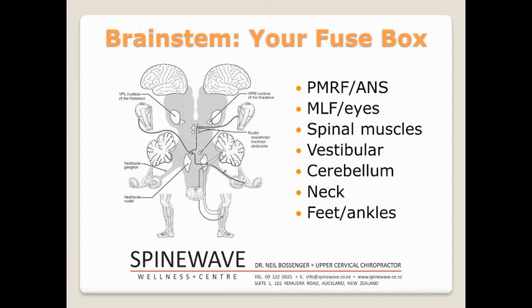Vestibular input means how information is coming from the ears into the brainstem to also help maintain balance and alignment. Then information from the cerebellum, which is this area here, the little brain, which is affected by alcohol, that controls balance and muscle coordination, also feeds back into the brainstem. And then neck, we mentioned the importance of the suboccipital musculature, I can never pronounce that word quickly enough, coming from the neck, also feeding back into the brainstem. And then information from the limbs comes into the brainstem. So there's so much information coming from so many different areas feeding into the brainstem,